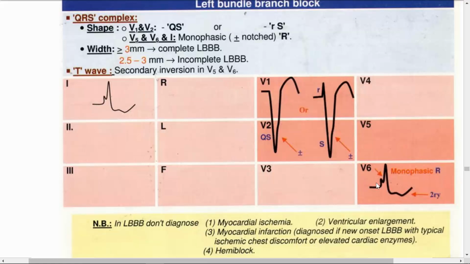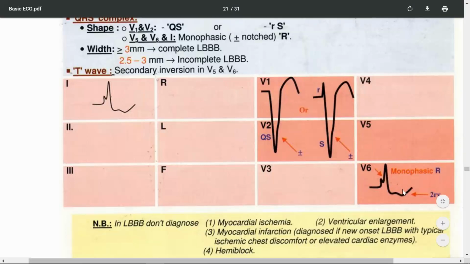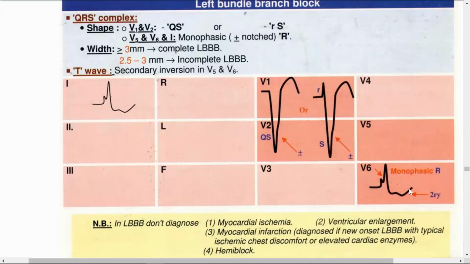Here in V6 there will be a monophasic R with or without a notch. So it's not a must to be M-shaped or rabbit ear. So maybe a monophasic R, and there is a secondary T-wave inversion. So in left bundle, you can't diagnose myocardial ischemia,